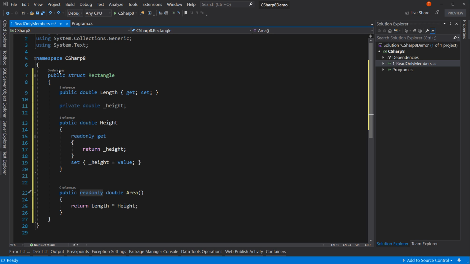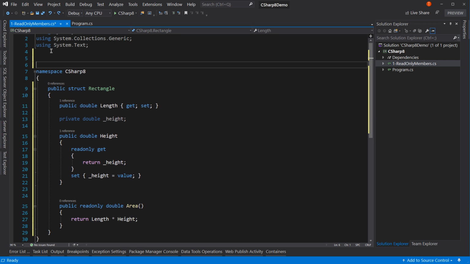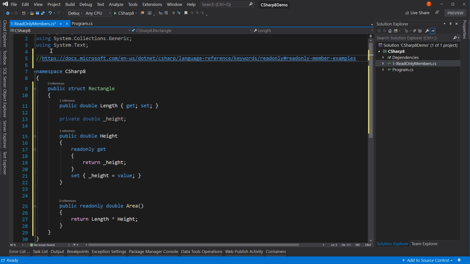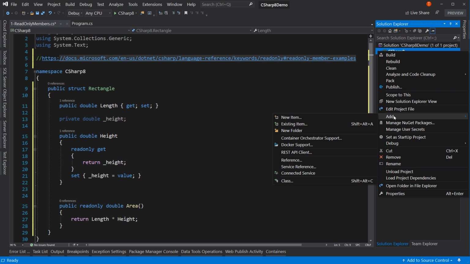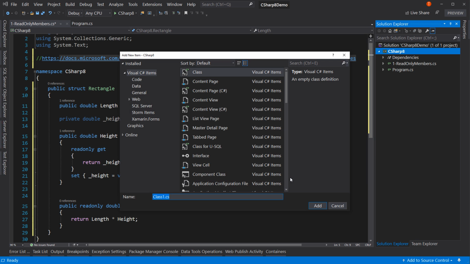Before I do, let's go ahead and paste at the very top. I'm going to paste a link. And that link will give you some more examples of read-only members and how they work if you had some questions. Okay? So next we're going to say add a class. We're going to say